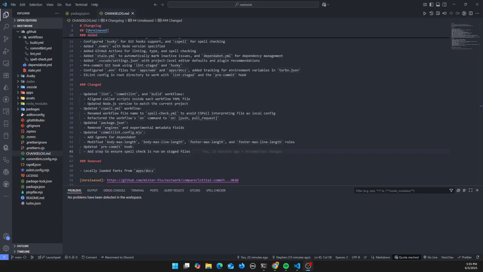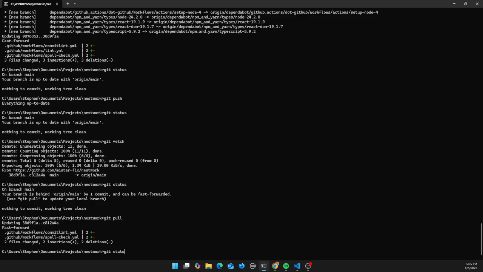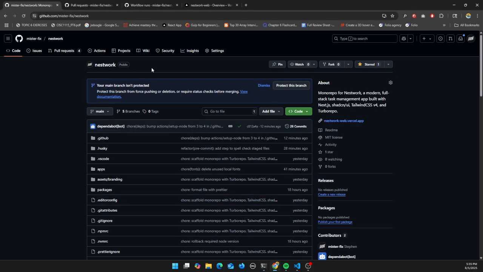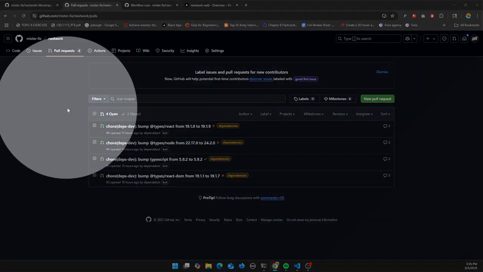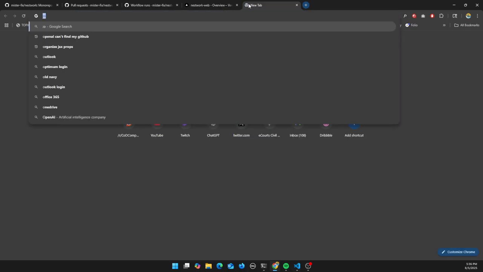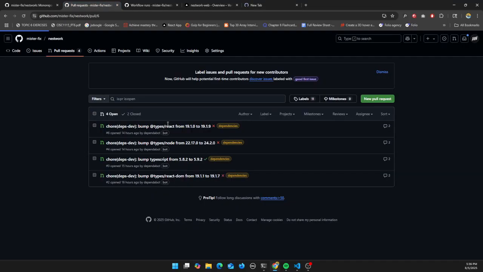All right, let's continue. So we did git pull, git status, git fetch. Again, just to make sure. Okay, everything's up to date. So we did two of these, right? So we can start with one of these, which means that we need to make sure that this is open, the localhost 3000, because if this breaks,